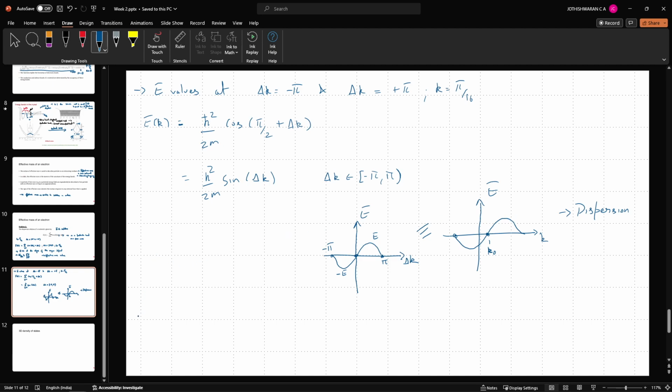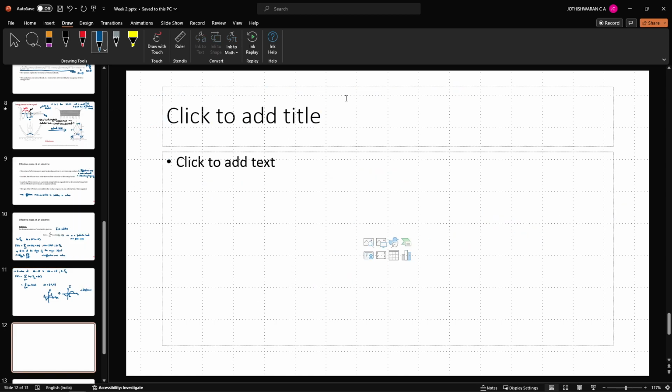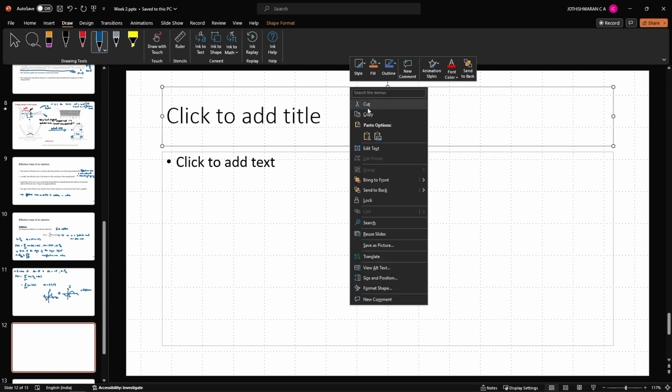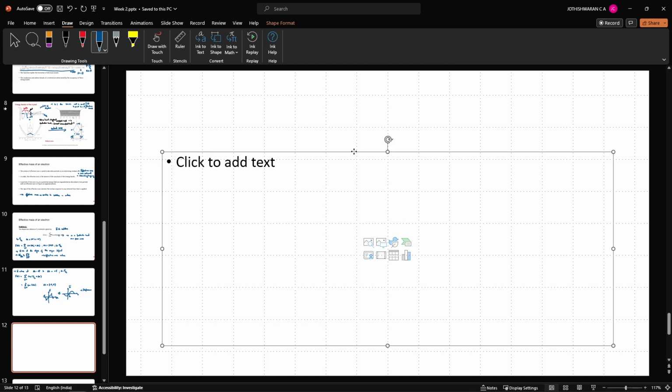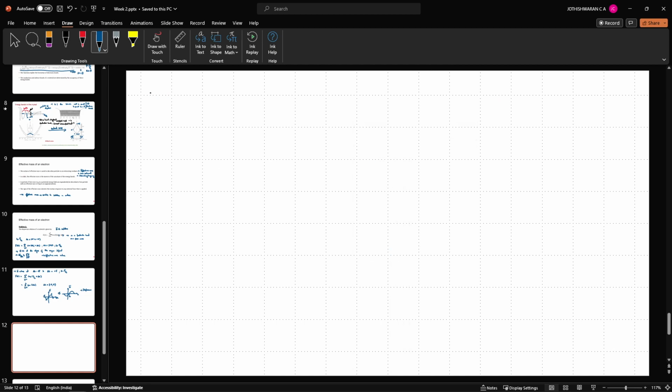To do that, we will have to evaluate the derivatives. So first we need to find dE by dk. So that is